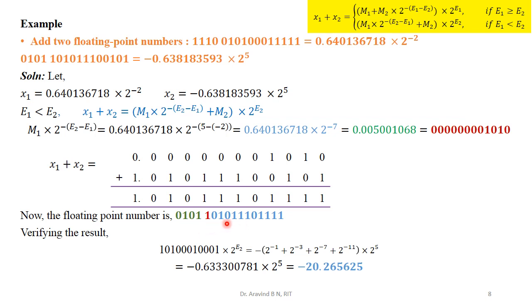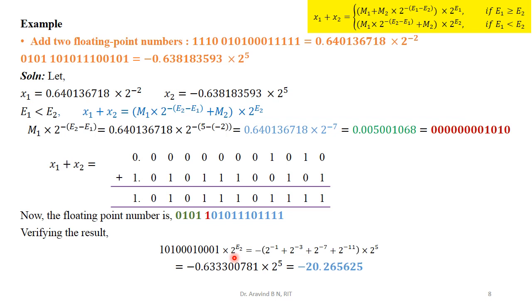So here what we obtained is a negative number. This 1 is going to represent the resultant is a negative number. Therefore to convert this into decimal, we cannot make an exact replica. We must first apply 2's complement for this one. That means from this point, from 0 till this last bit 1, we are going to apply 2's complement. After applying the 2's complement, here is the representation we are having, right? Then into 2 to the power of E2, that's the exponential part we are having.